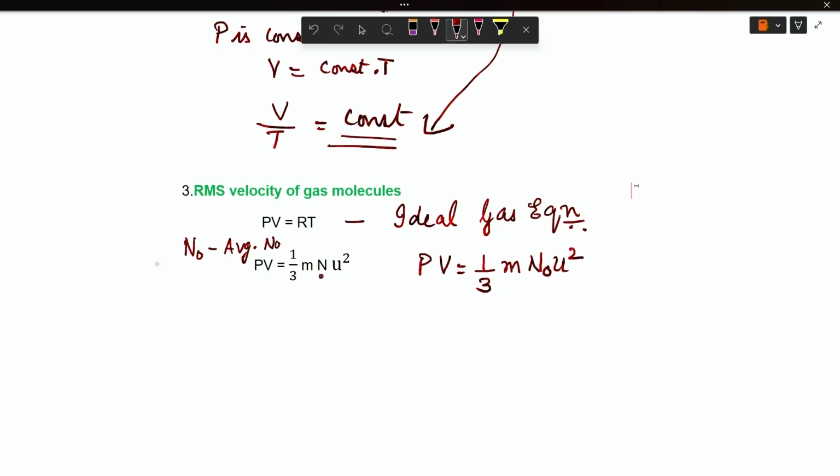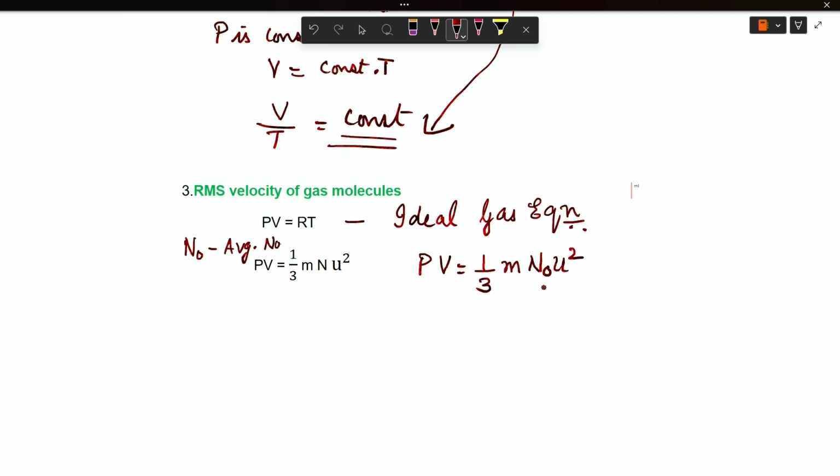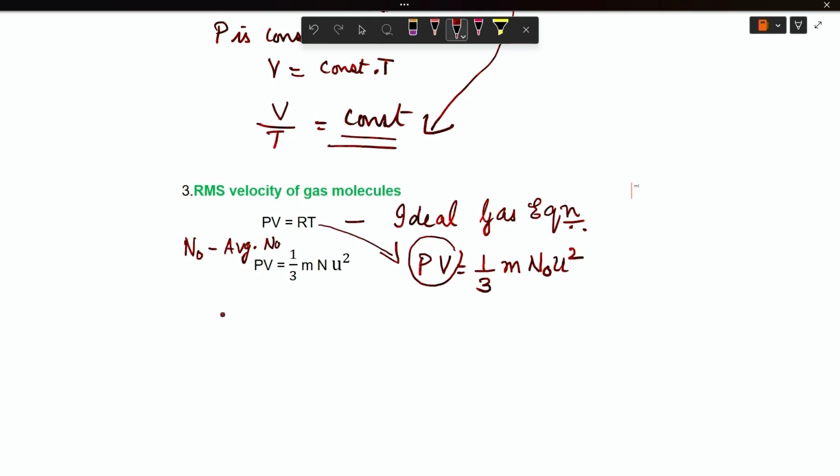Now, instead of n molecules, I am taking N0, that is the Avogadro number of molecules. The equation takes the form like this. Now, comparing these two, I can put RT instead of PV by substituting from the ideal gas equation. The equation will be in the form